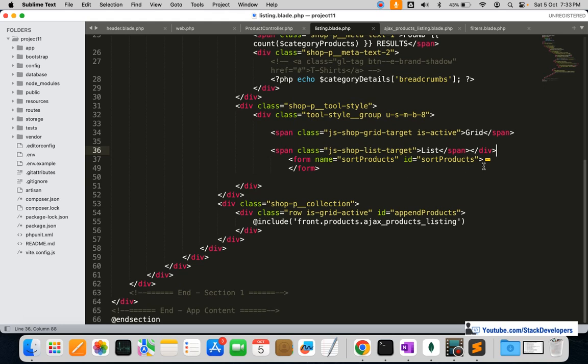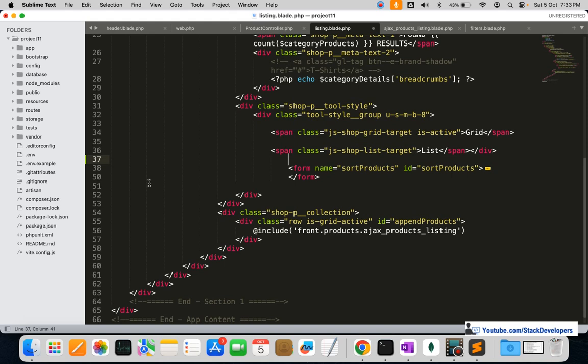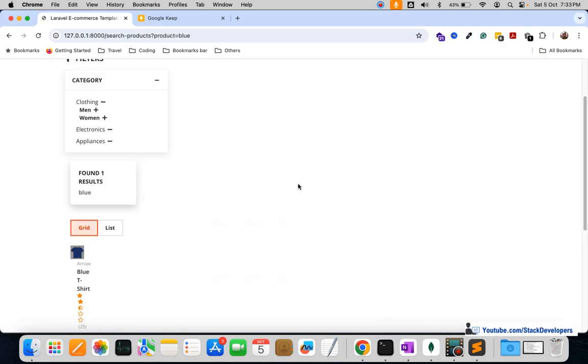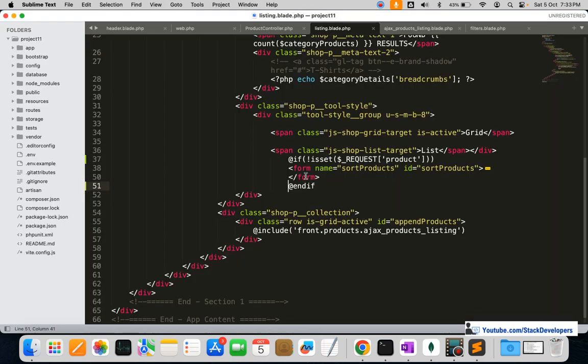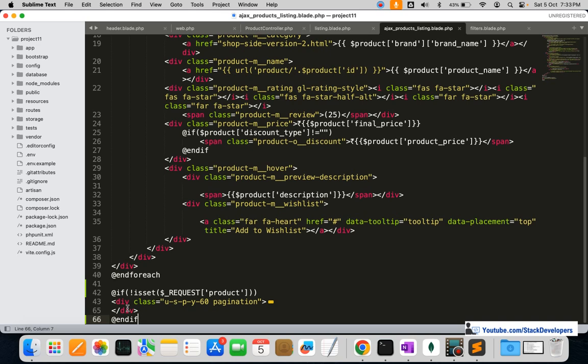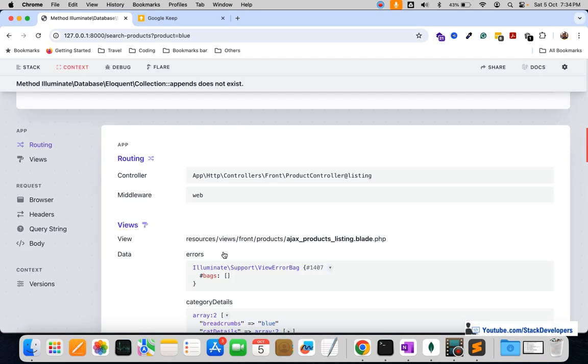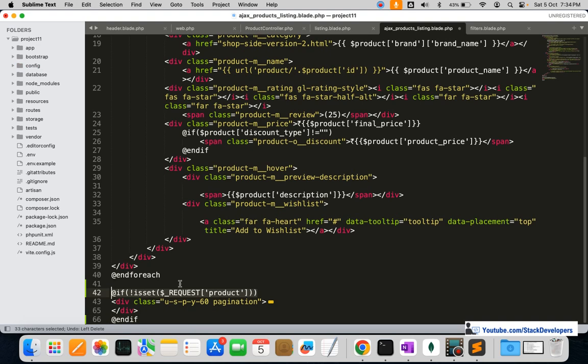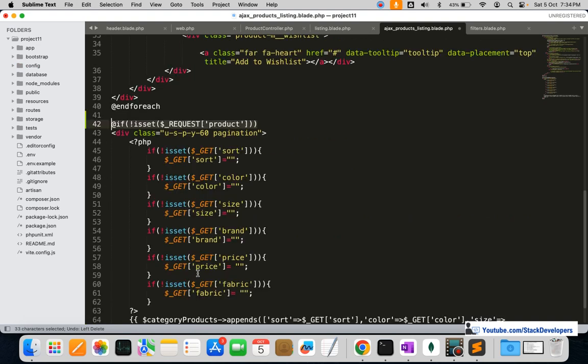So what I'm going to do is add this one for sort products. This one is fine here. I don't think it will create any issue, but like this, the issue is still there. So I'm going to check the Ajax product listing as well, and here also I'm going to check. We have added it here. If I remove it, what will happen? Then it is showing the error, so we are required to add it,